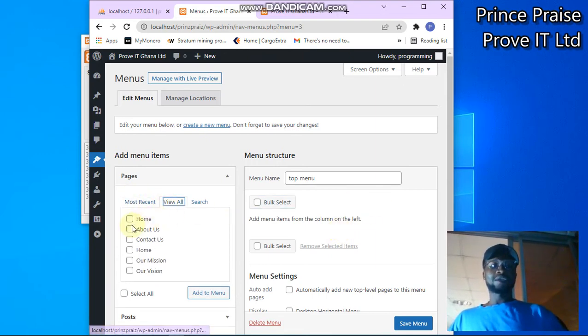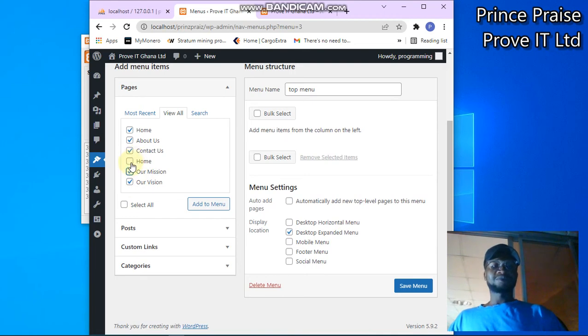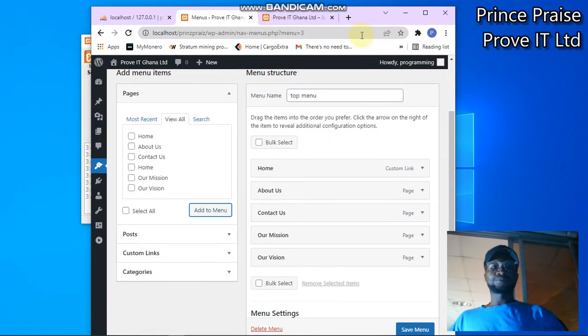Now what I'll do right now, let me add my pages that I've created down here. Now you have two home pages here, so let me just carefully select the first one and add to menu. Now when you click on add to menu, it comes over here. From this aspect, now you can drag and drop. Now there's something funny about these things here, and whatever dragging you do would actually make a different change on your website. Now all I need to do is just to drag this contact us down here and click on